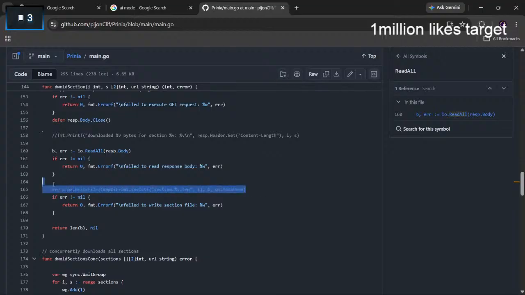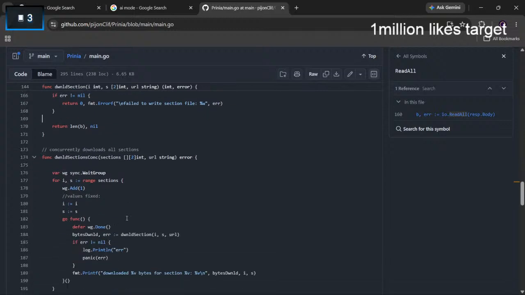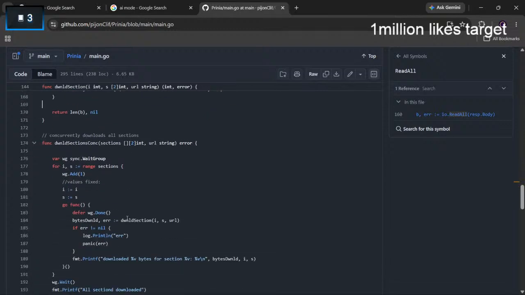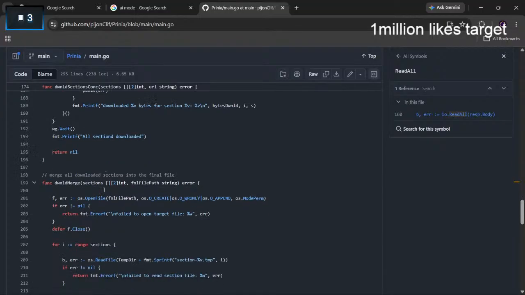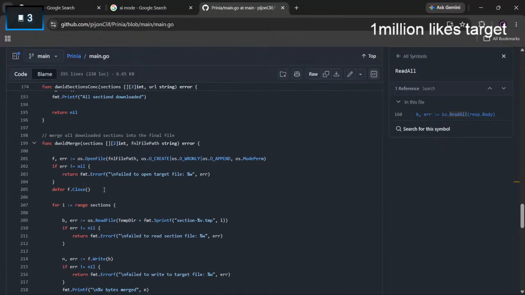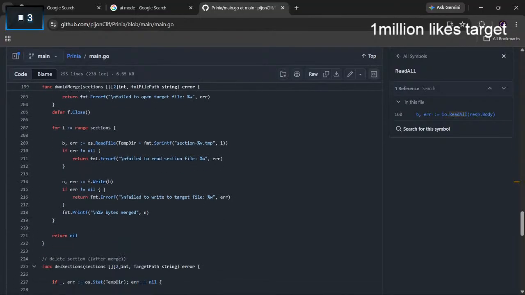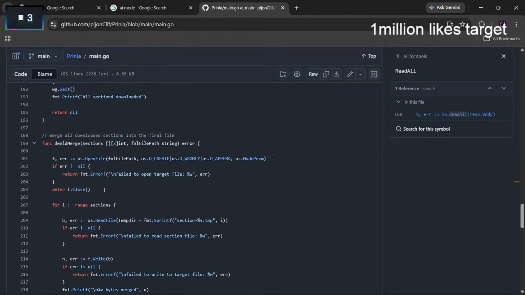First reading the file from there and writing it in your local directory. Nice. Wow, bro, you're super cool, bro. Merge all download sections into a final file. Oh, damn.